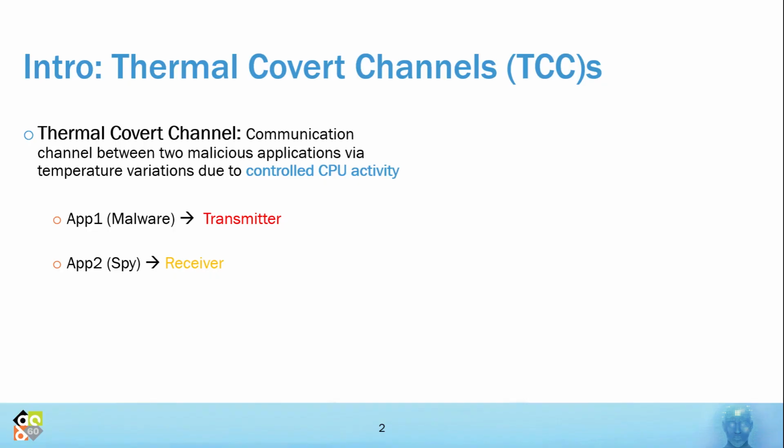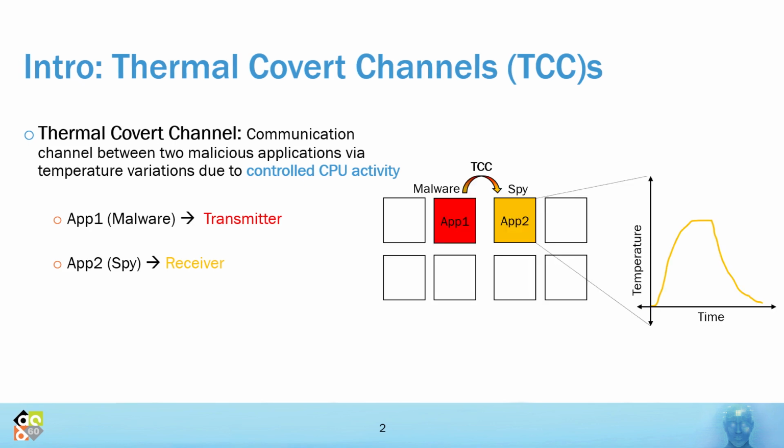As you may know, a thermal covert channel is a stealthy communication channel between two malicious applications via controlled CPU activity. The first application, known as malware, takes the role of a transmitter, while the second application, the spy, acts as a receiver. As we can see in the figure, when the transmitter wants to send a bit of 1,